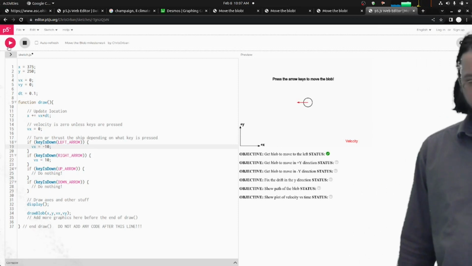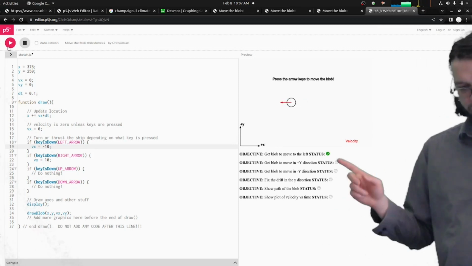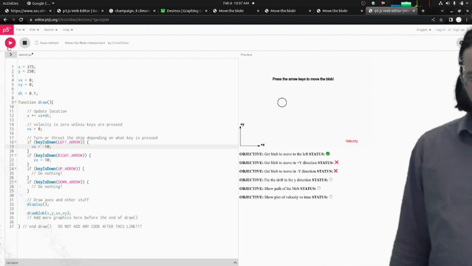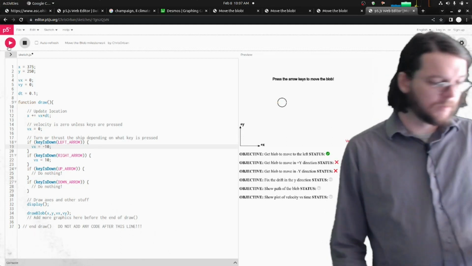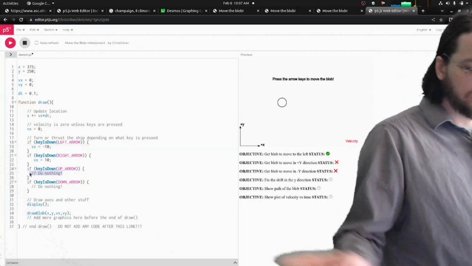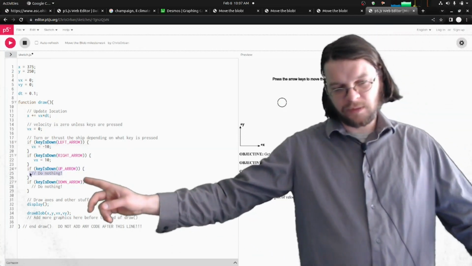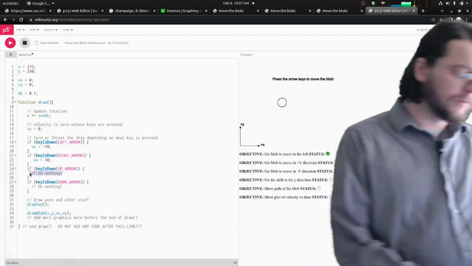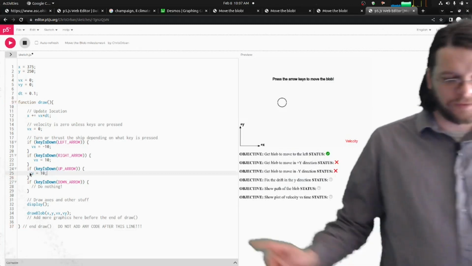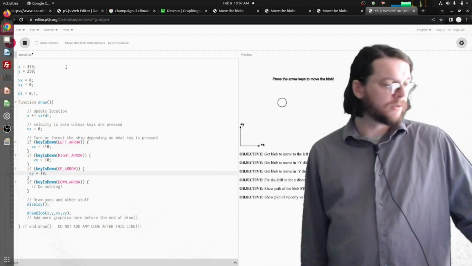If I press left arrow, yep, I can move it to the left, I get a nice little green check, that sort of thing. But if I press up and down, it doesn't move that way. And so there's a couple of steps you can do. You can say, all right, well, when I press up arrow, if key is down, up arrow, do nothing. That's probably why it does nothing. So it's important to remember that up is in the y direction, so you need a Vy there. So I can try this.